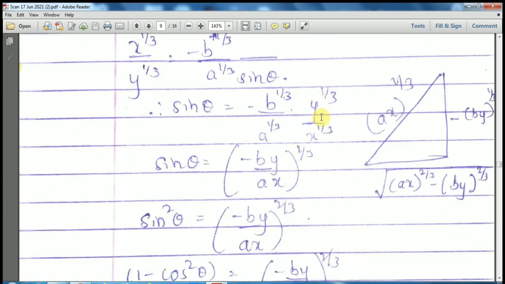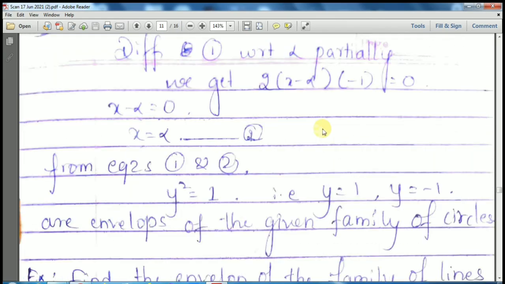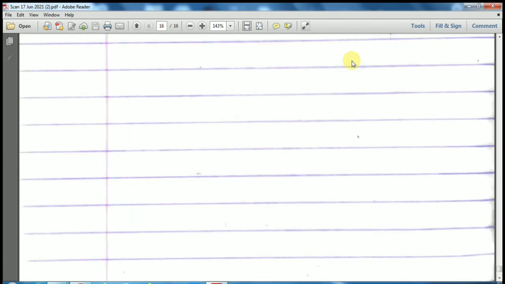Like this, we have solved a number of problems. You can go for these very easy problems, and all problems are the same only. Let us continue the next topic in the next class.